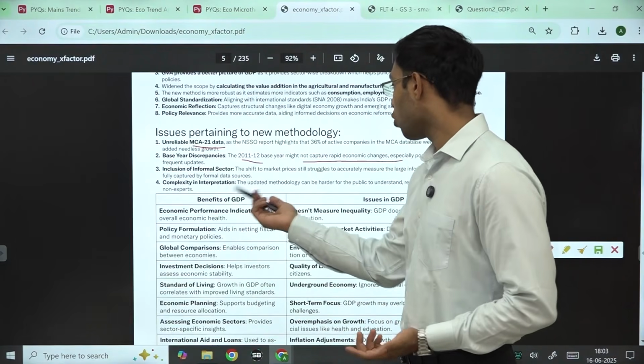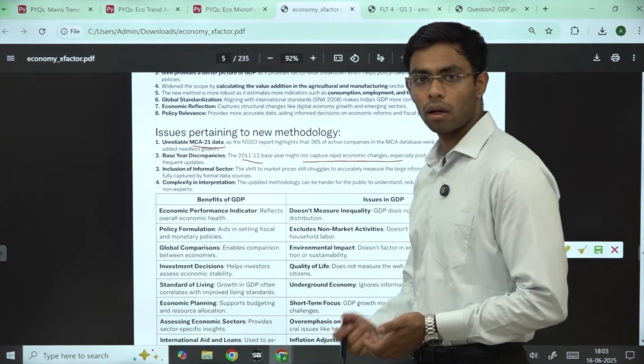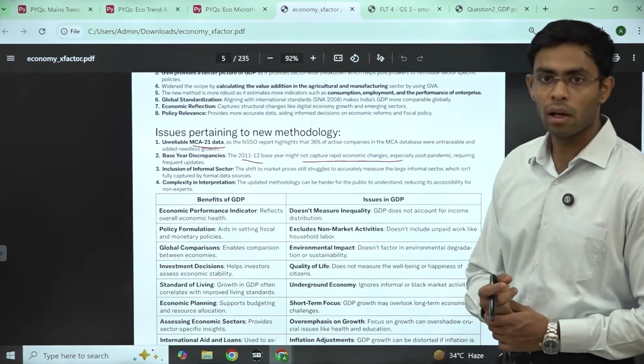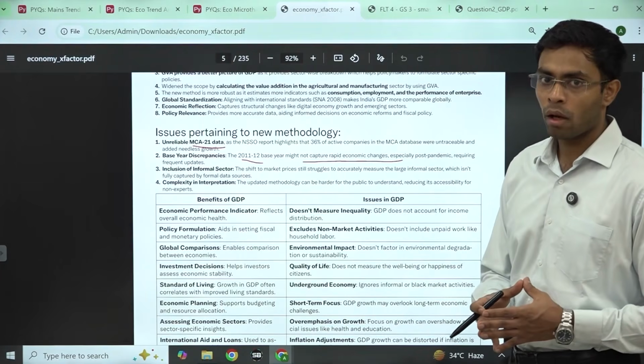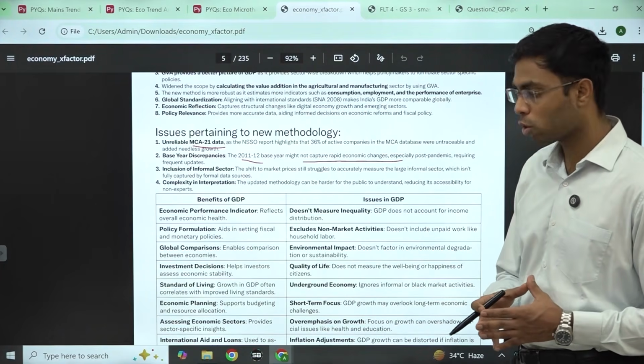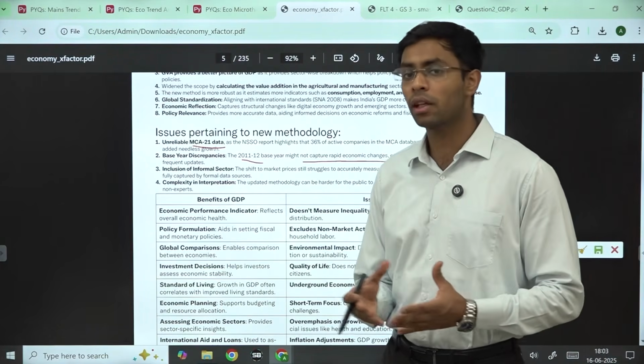Then the inclusion of the informal sector. We know homemakers, people who go to graze their cattle, are not actively captured by the GDP methodology, right? That is not non-productive work. It also contributes a lot. For example, homemakers, we can always give this as an issue,